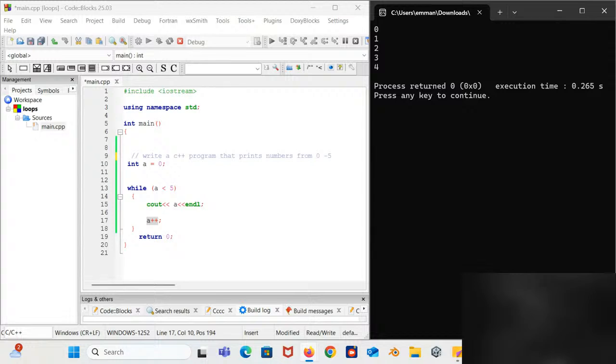Okay, I'm seeing something. It can't be A plus, please. It's supposed to be A plus plus. So A plus plus adds 1 to the current value of A, or whatever variable that you have. If it's a number and you type that variable and add plus plus, what basically happens is that it's going to add 1 to that current value. And when you do minus minus, it's going to deduct 1.